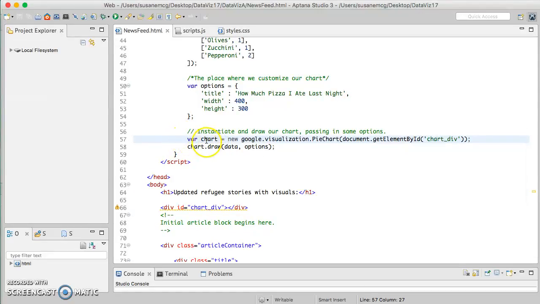So var chart, so we've created a variable to hold our pie chart. Okay, and what's happening here is we see, again, we're going to the Google library, the visualization recipe book, we're running a recipe called pie chart, okay, and what that needs is